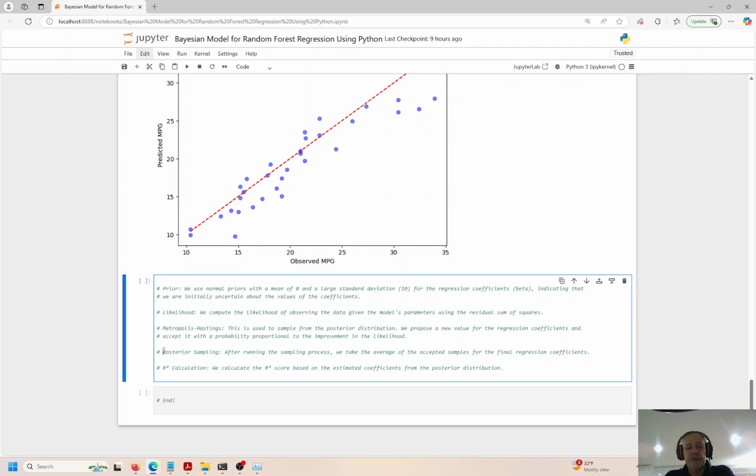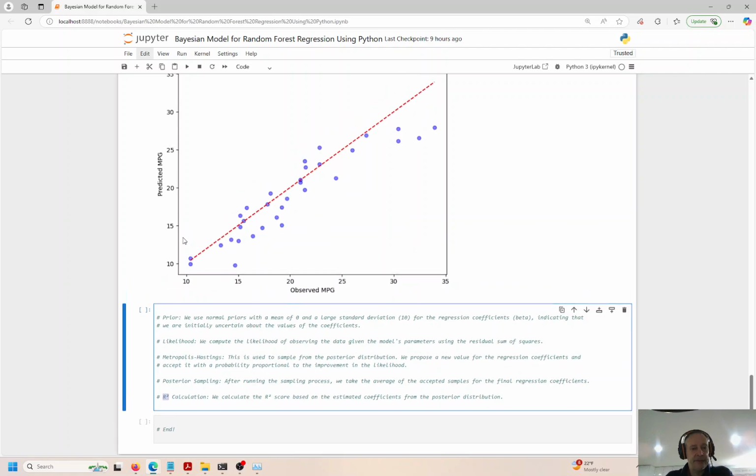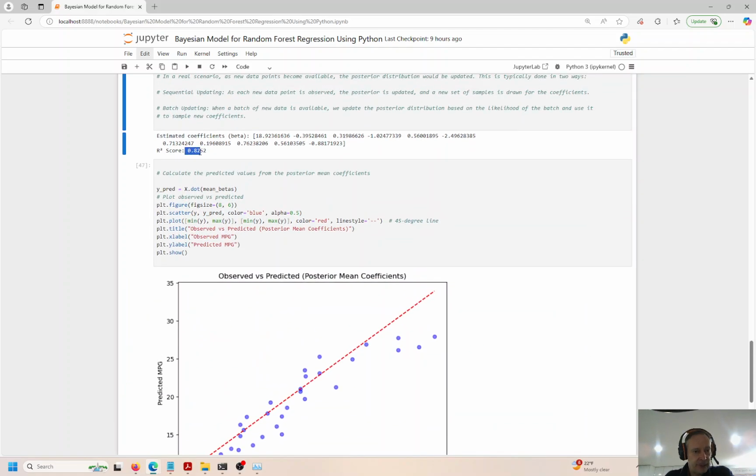And then the posterior sample. Okay, so here's the first step. Here's the second. Here's the third step. Posterior sample is after the fact. After running the modeling process, we take an average of all accepted samples as the final regression coefficients, and we can measure R squared. So we did that at the beginning, 0.86, with the updated information, 0.82,